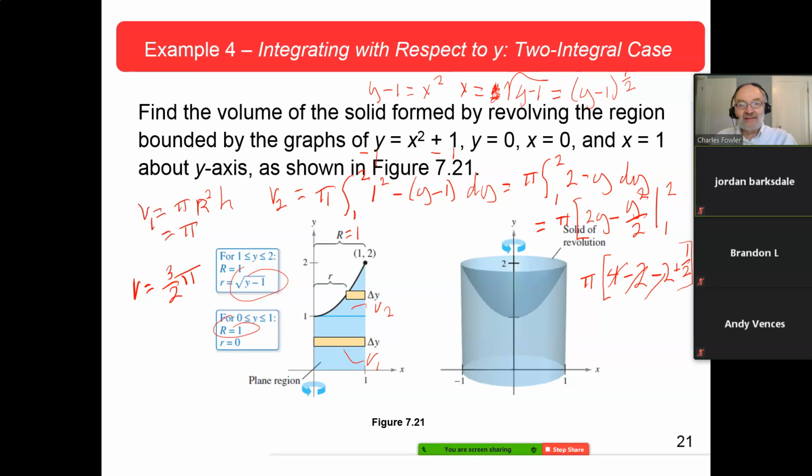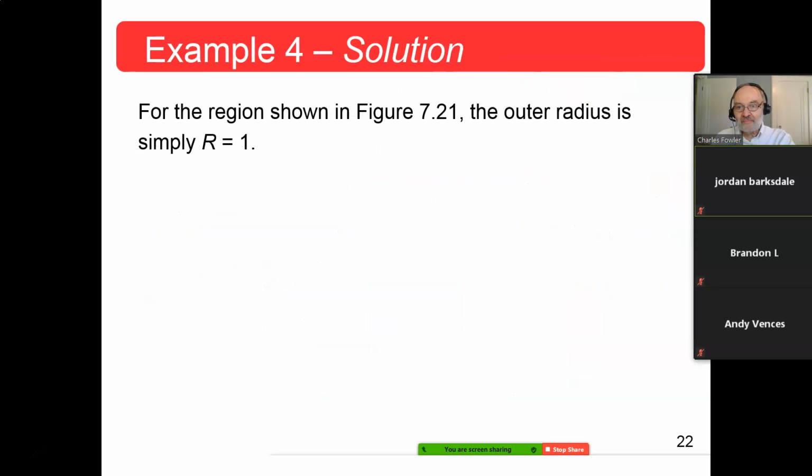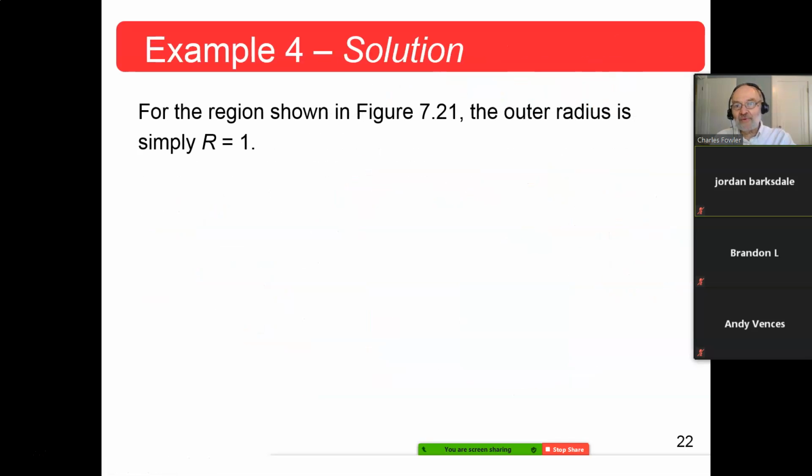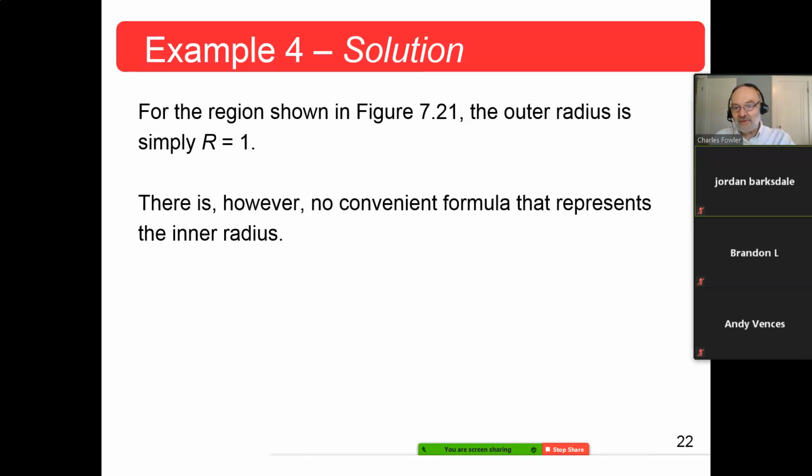That's what they got. Let's watch how they did it. For the region shown in figure 7.21, that's the one we just had, this one right here, the outer radius is simply R, capital R is 1. There is, however, no convenient formula that represents the inner radius. It's a piecewise defined function. 0 from 0 to 1, and